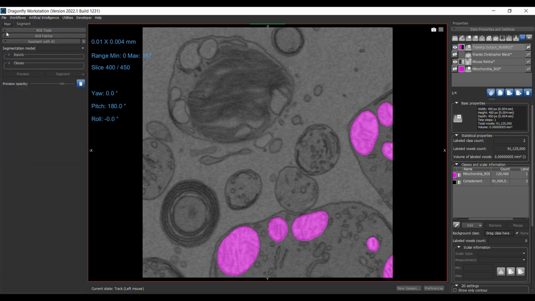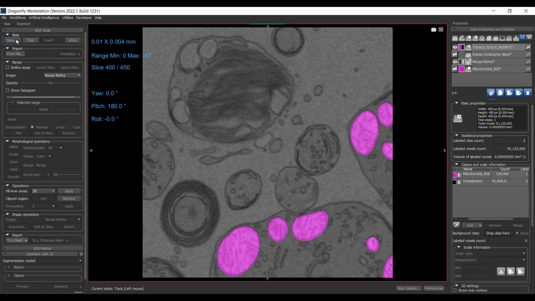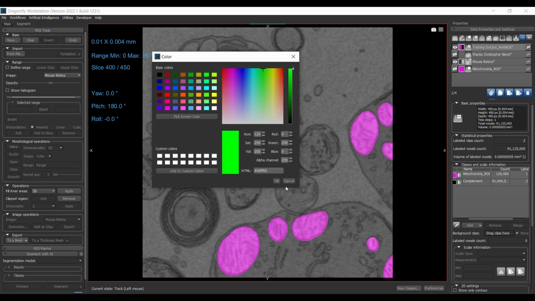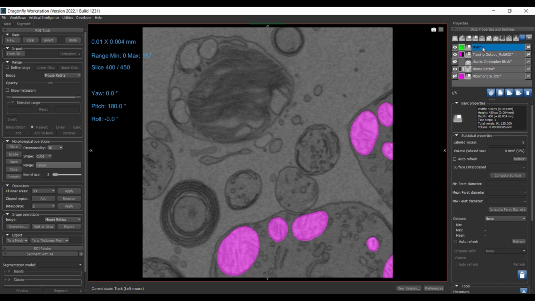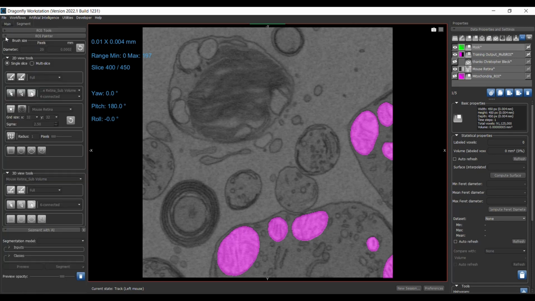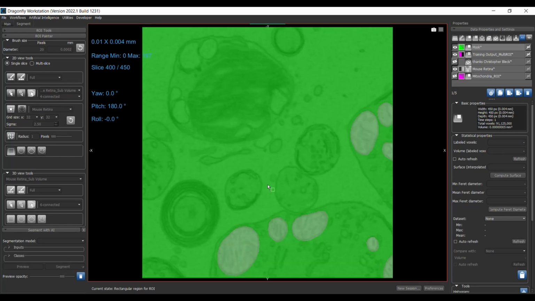Again, go to the segment tab, and under ROI tools, click on new. Just give a name as mask, and then a color that you prefer, and it's the same geometry as the training output or the data, and then click OK. Okay, so now we are in the 400th slice, and again use the ROI paint tool, rectangle, under 2D view tools. Use the rectangle tool to paint the entire slice. Now we are in slice number 400. I'm going to paint this and then go to slice 300,